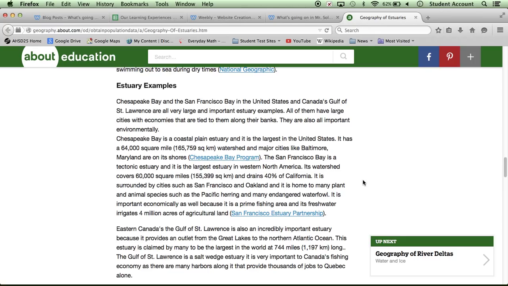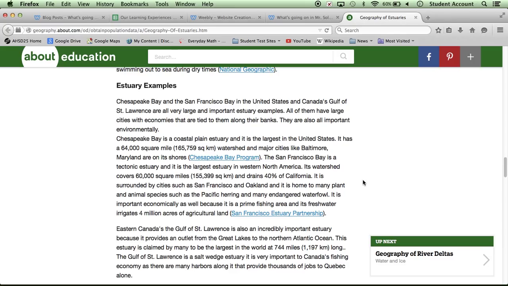So this is how their water, the ocean water comes in, and it becomes the mixture of them. And another estuary, which is in eastern Canada, is the Gulf of St. Lawrence. It is also very large,